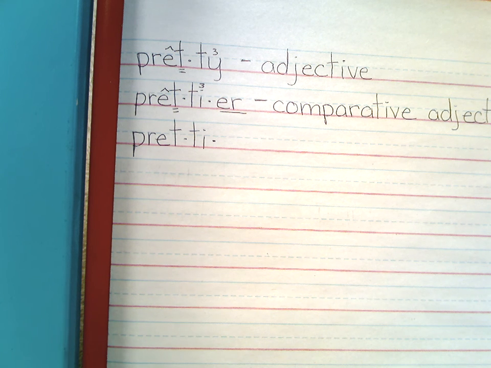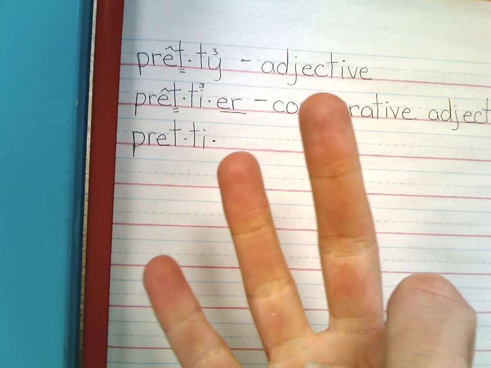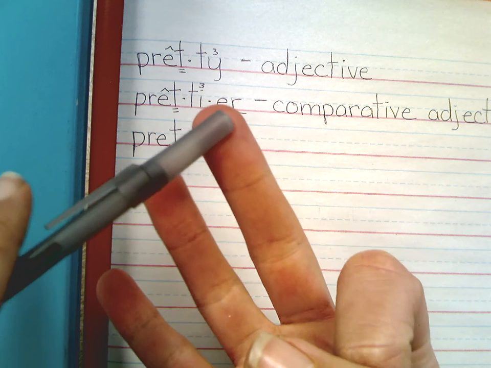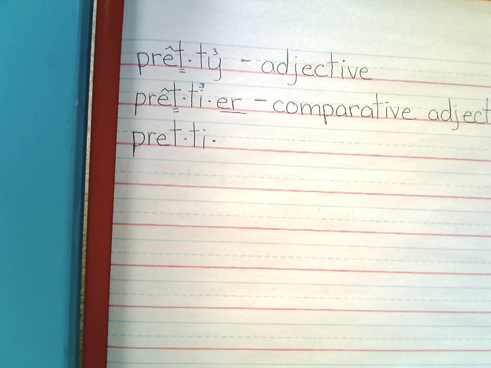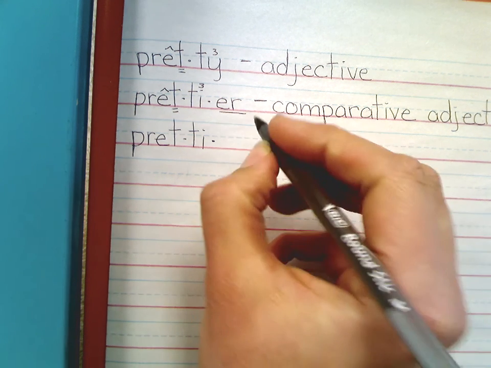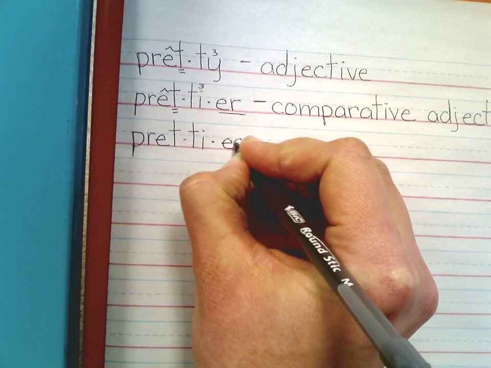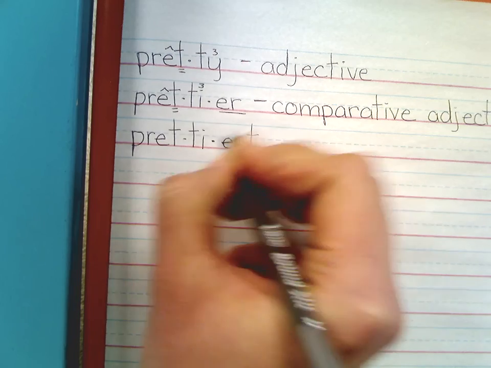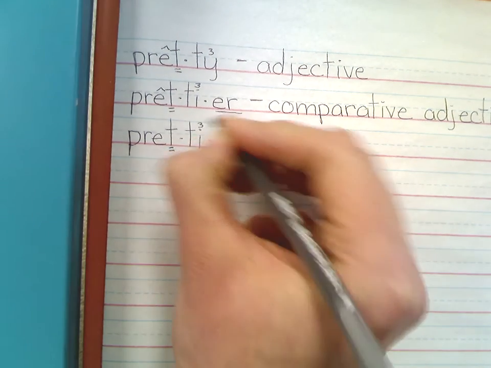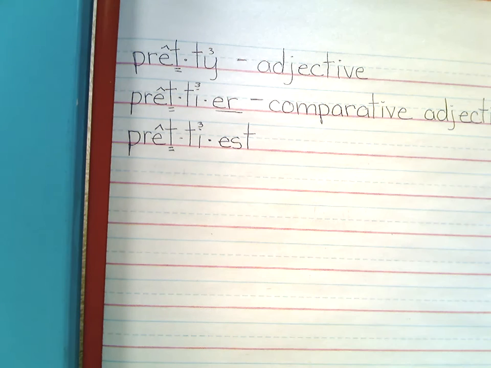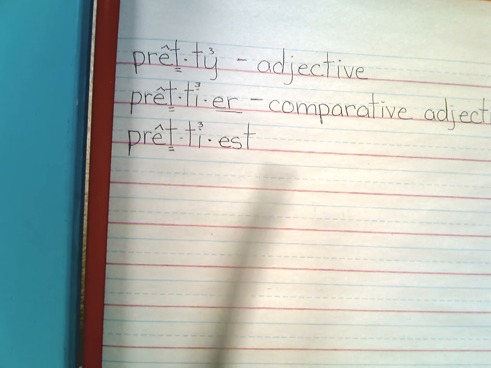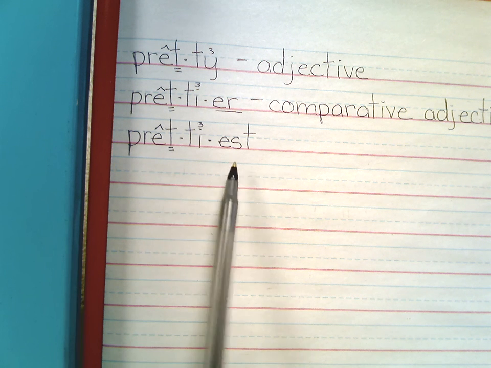What do we write for the suffix est? Good, our sounds are e, s, t. All right, so say the sounds in that suffix while you write them. All right, so when we have prettiest, or prettiest as we say to spell it,